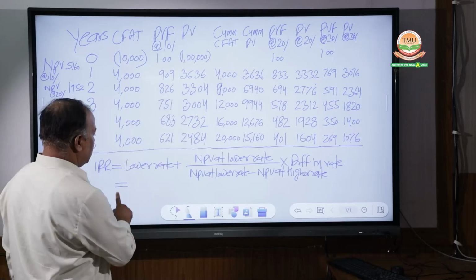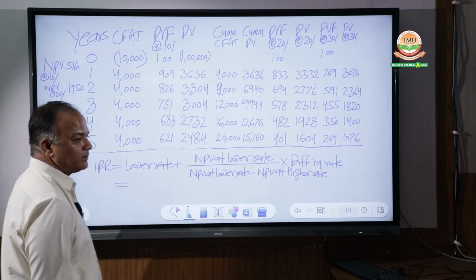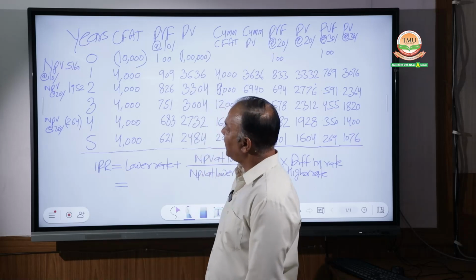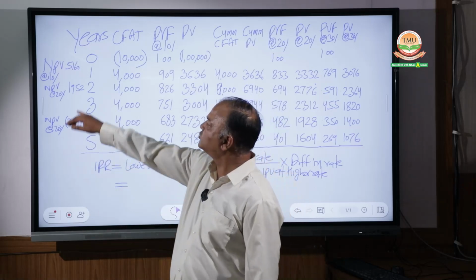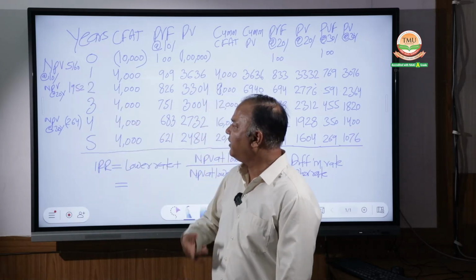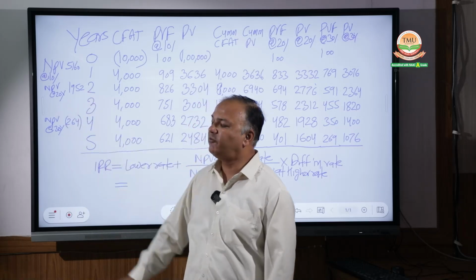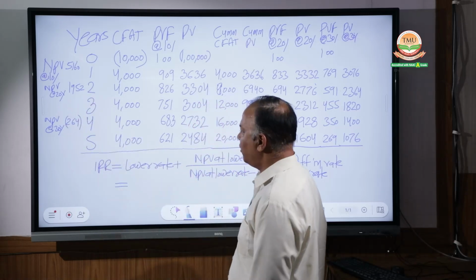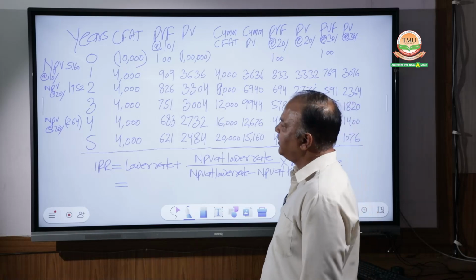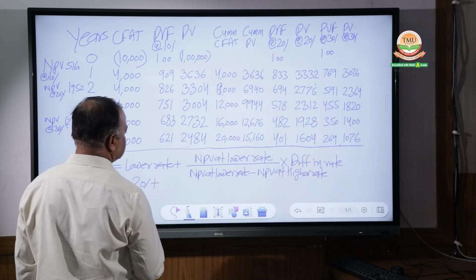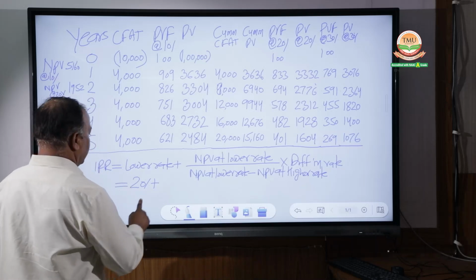This is the formula. Now the lower rate may be taken as 10% or 20%. If I am taking 10%, then I will use NPV 5160. If I take the lower rate at 20%, then NPV will be 1952. Now I am using the NPV lower rate of 20%, so 20% plus NPV at lower rate is